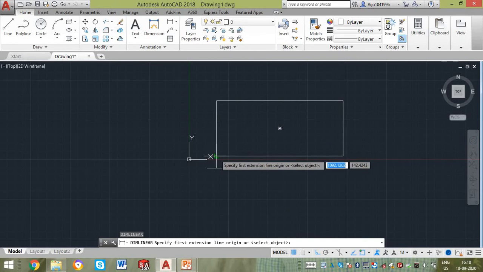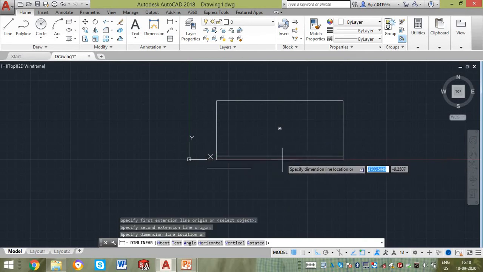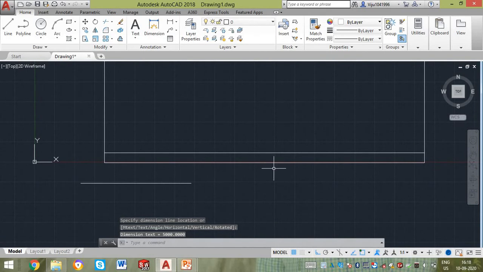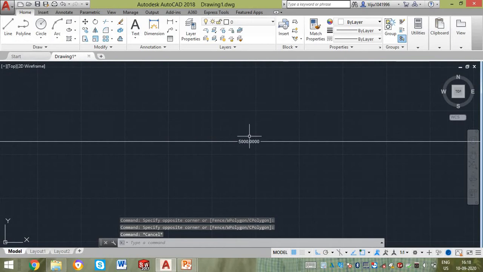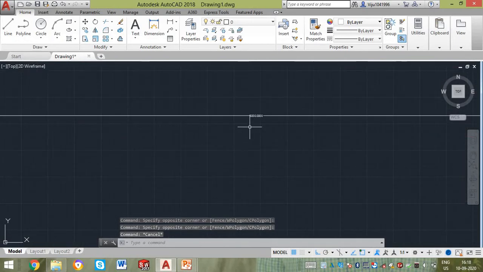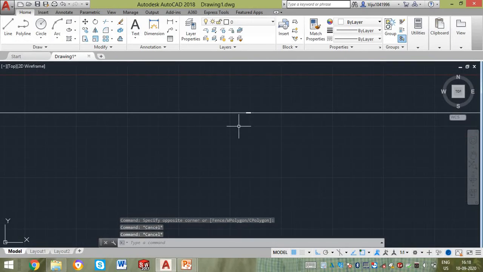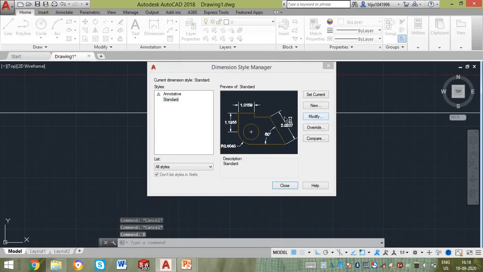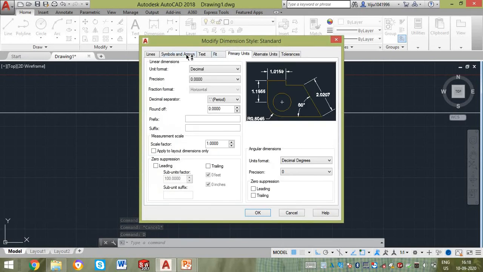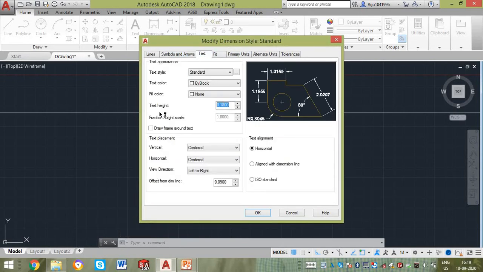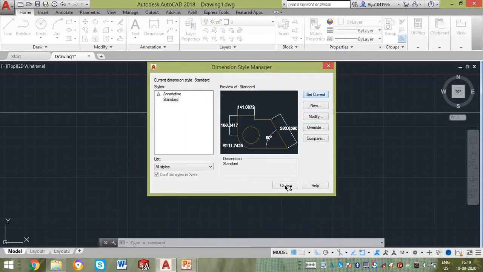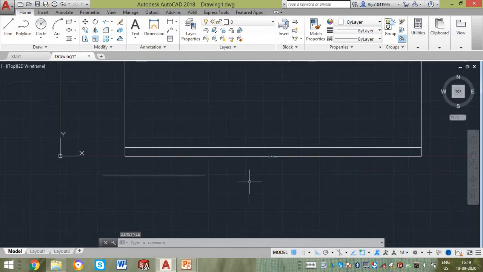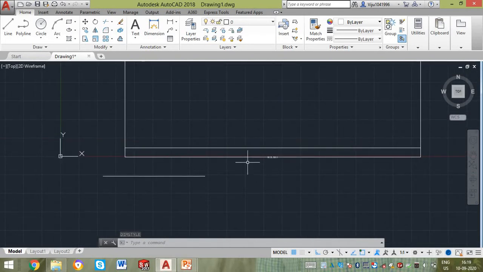This can be an alternate for stretch, but for only one direction, but in the two directions you should use stretch as well. If you want both length and breadth to be increased, then you can use this scale. Now can you see this? It is 5000. We have dimension style manager. I will explain this in further videos in detail. Now I will simply increase the text height. This is the way that you can increase the text height, that I will show you later.